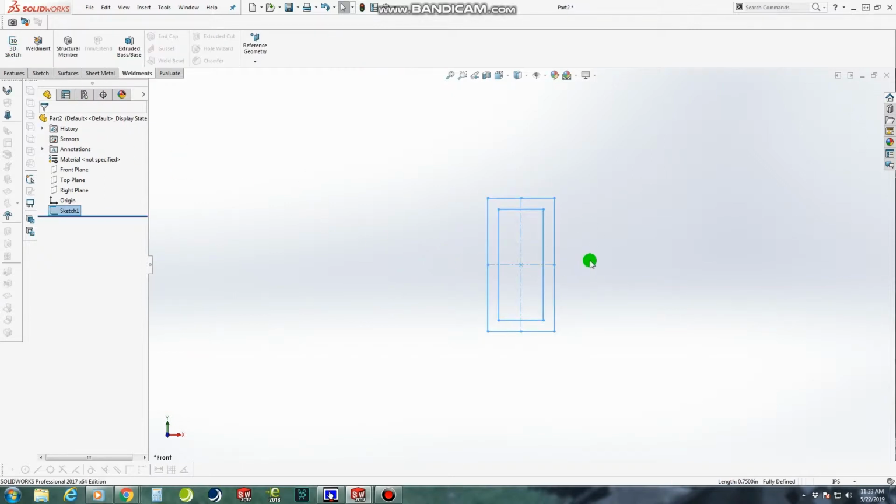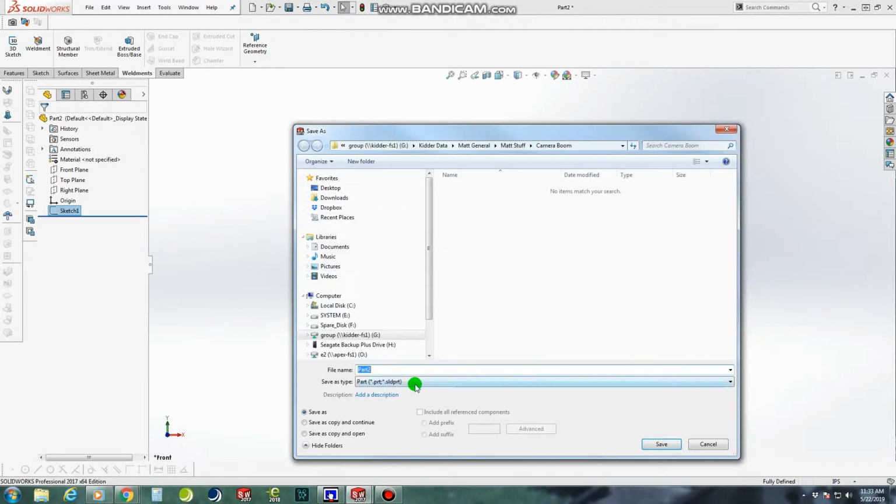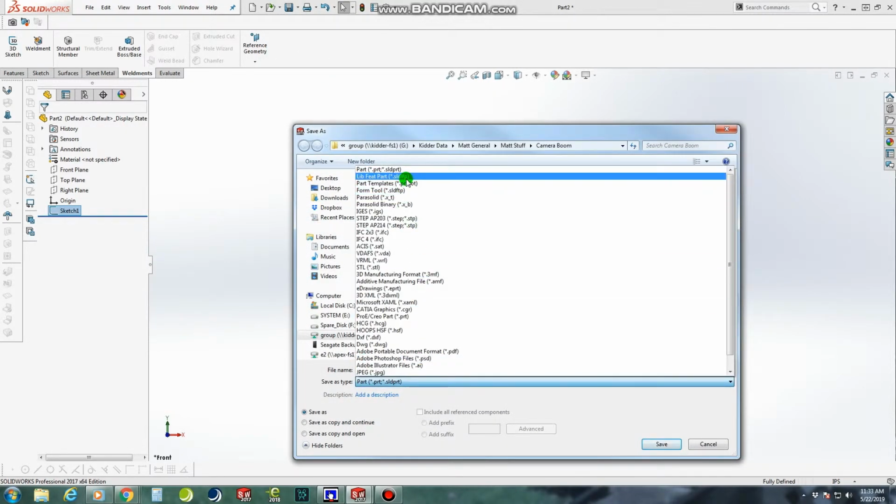So we need to exit our sketch, and we're going to come up here and make sure that the sketch is highlighted. You don't want to be on front plane, just make sure it's highlighted but that you're not in the sketch. And up here we're going to go to save as, and we're going to save this as a library feature